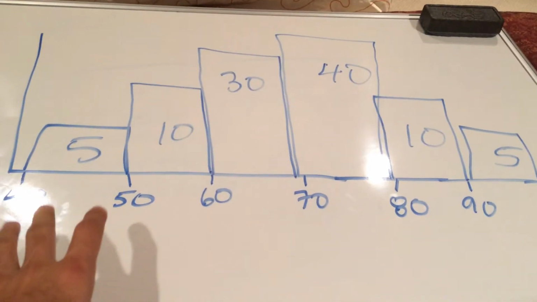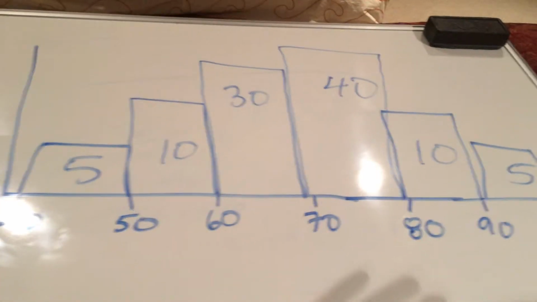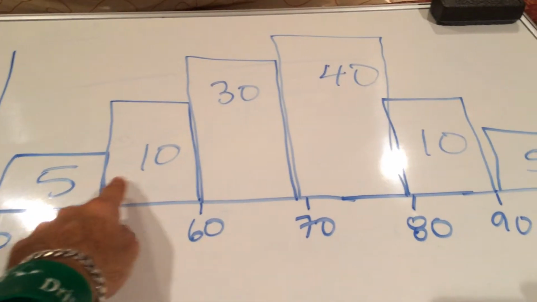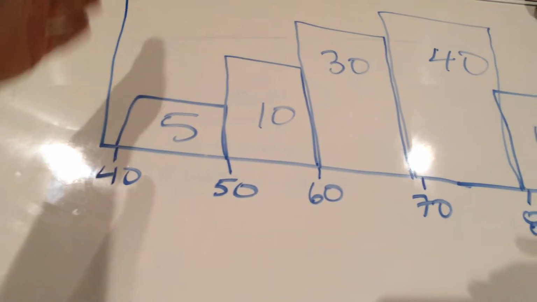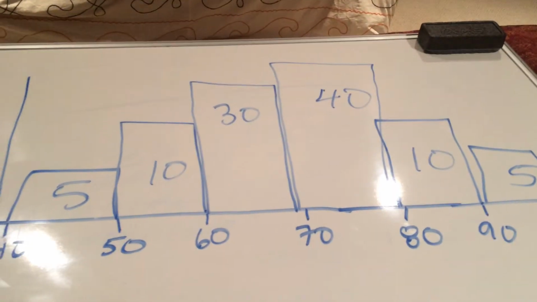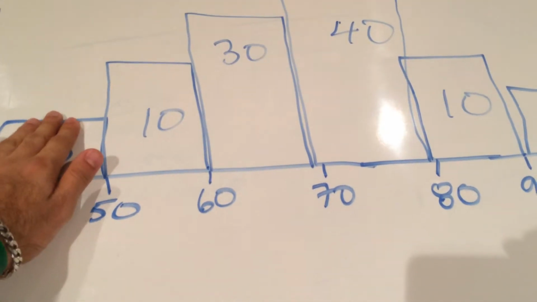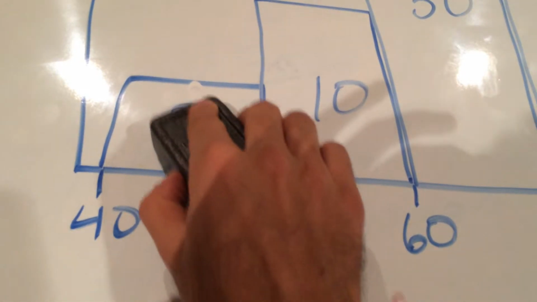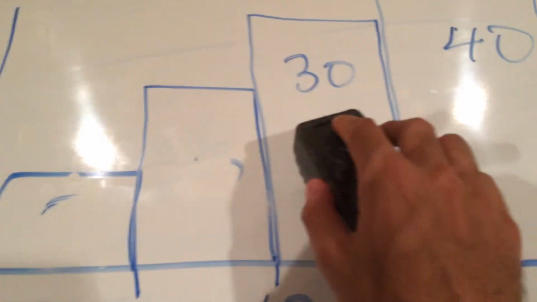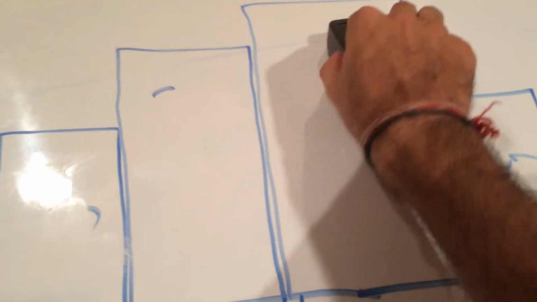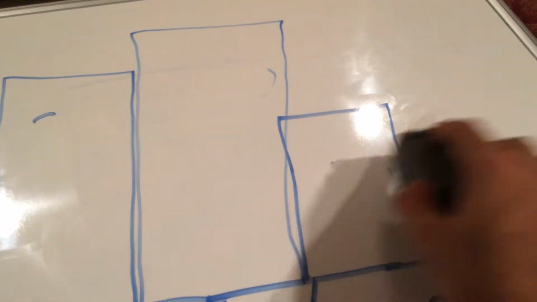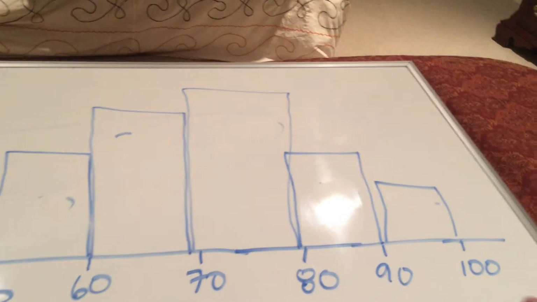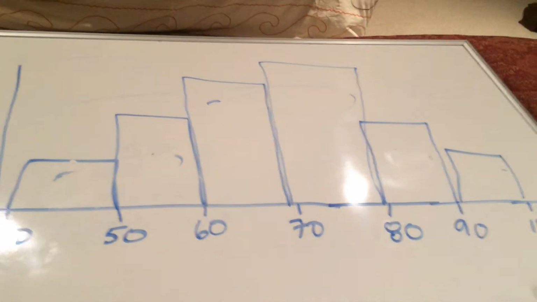So imagine you're given this histogram and they tell you that these are maybe scores on a test, and imagine that you don't have these numbers here. So you just see these bars and there's nothing labeled on the y-axis. All you're given are these histograms, and let me in fact just erase these numbers, because these numbers actually won't be given to you. I'll write them in as I make the video. So let me erase this 5, erase the 10, erase the 30, erase the 40, erase the 10, and erase the 5. Okay. So we have 100 test scores here, and their question is for us to find the standard